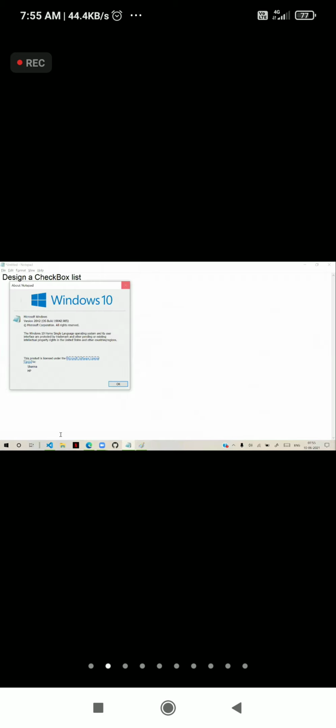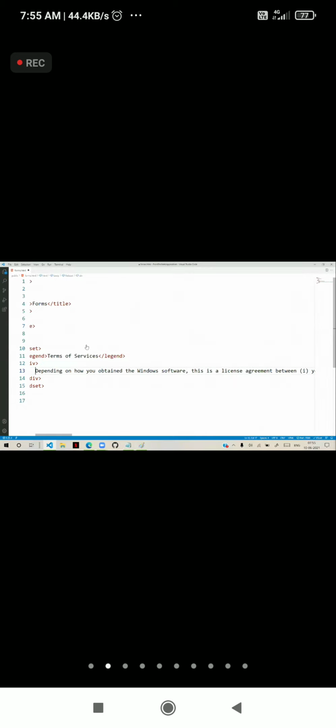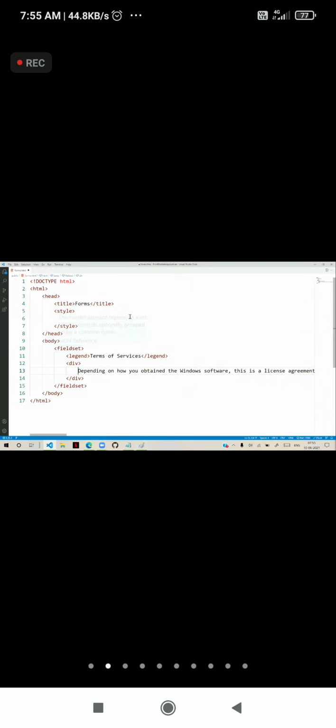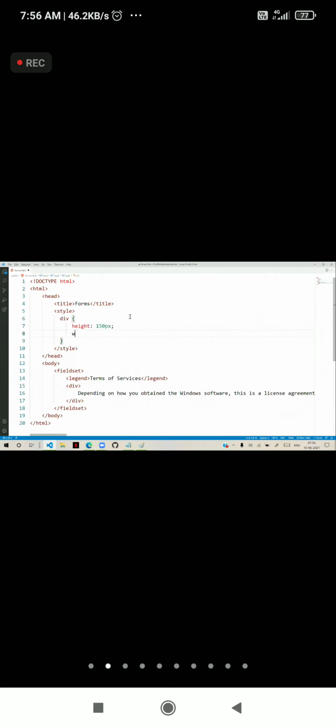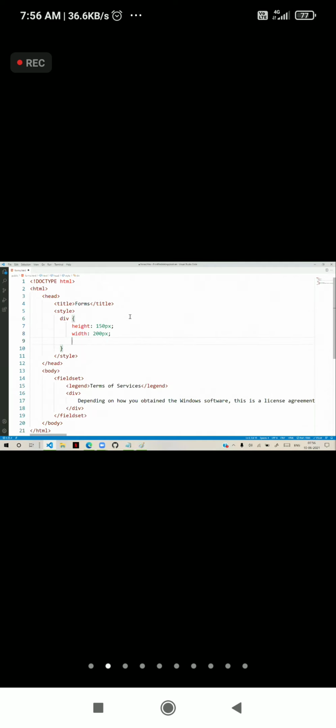And for this div, I am giving the height as some 100 pixels or say 150 pixels, and width as some 200 pixels, and we define background color as light gray.